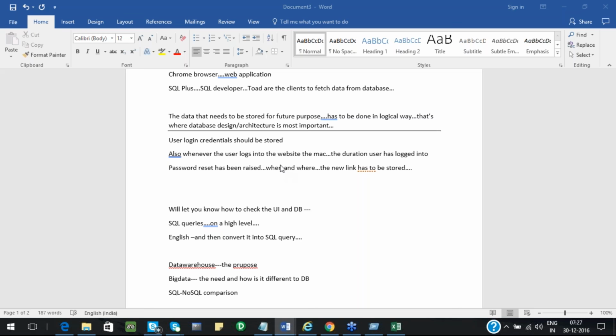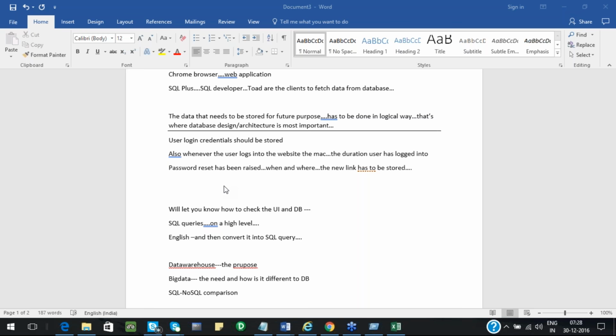Savita is asking, when you say duplicate, you mean it will reference different tables, right?